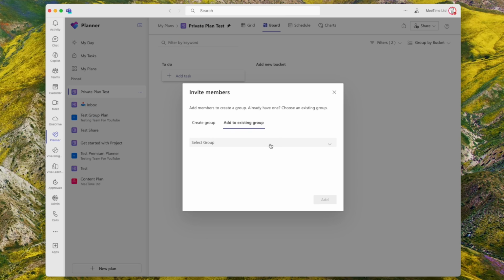But you can also add it to an existing group from here or create a brand new group. I would advise to just keep it in your team's structure, even if you're a smaller organization, just so you don't get lost of where things are saved and where things live, and permissions later down the line, especially if you're a startup and growing. So there is a lot of nuance in Microsoft, and Planner is no exception,